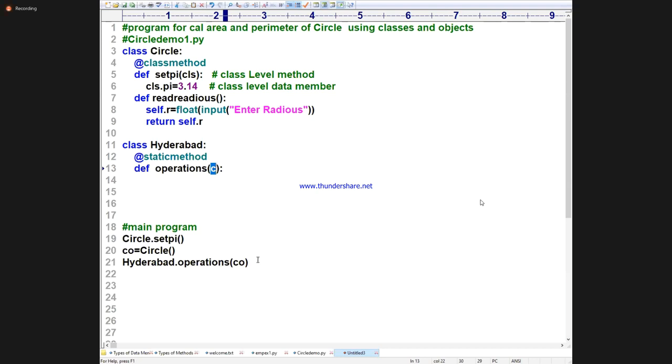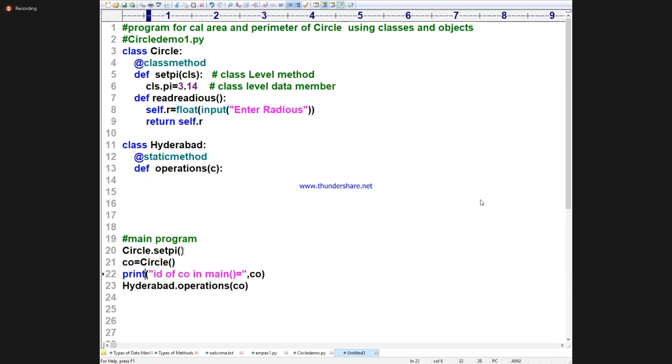You want to print? You can print it. How? You can print the id of CO in the main function, because generally nobody knows these. Now you come to this id of C in the static method.